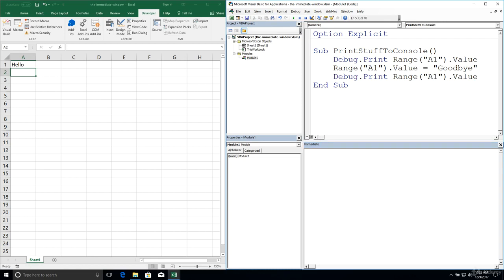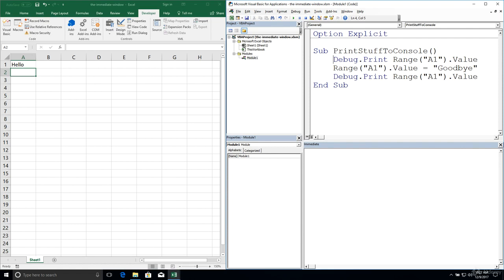I'm also going to remove all the code from the immediate window so we don't get confused. So once again, let's just go through this line by line. We've created a new procedure with a sub keyword. It's called PrintStuffToConsole. It actually does a little bit more than that, but that's fine. We begin by getting the current value in range A1. This is just getting the value property of that object. Pretty familiar syntax, but we cannot use the question mark within a procedure. We can only use that in our immediate window. So in order to actually log this to the immediate window, we use Debug.Print.